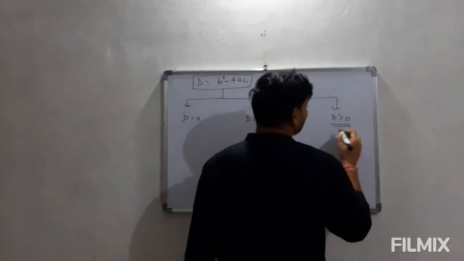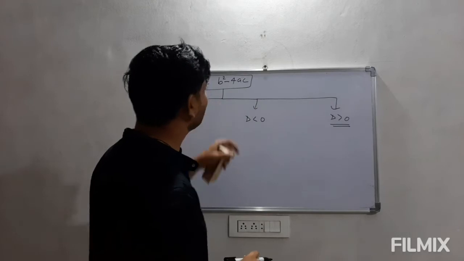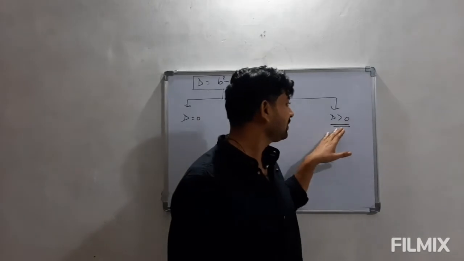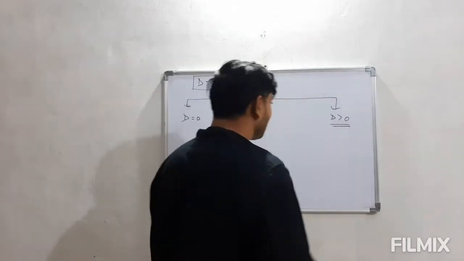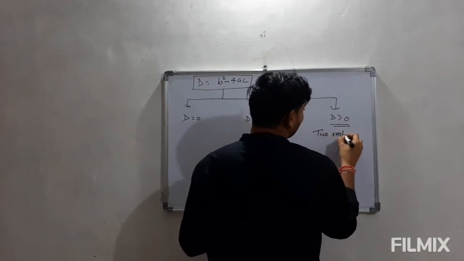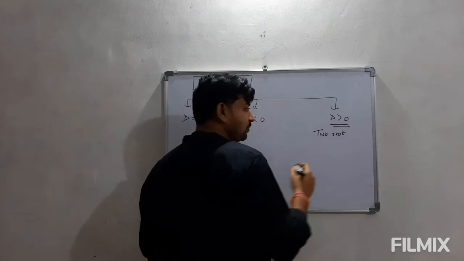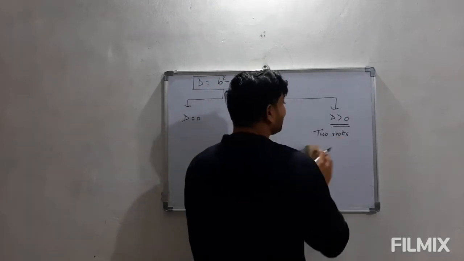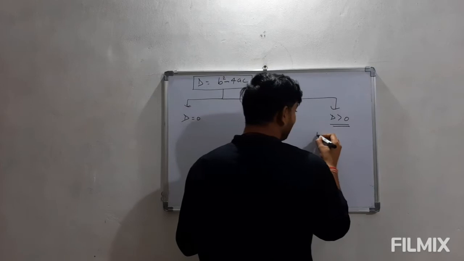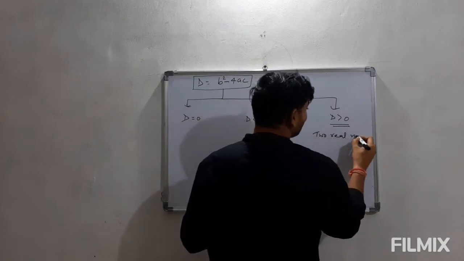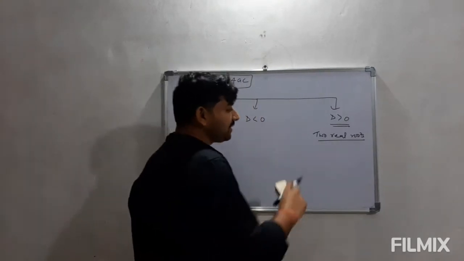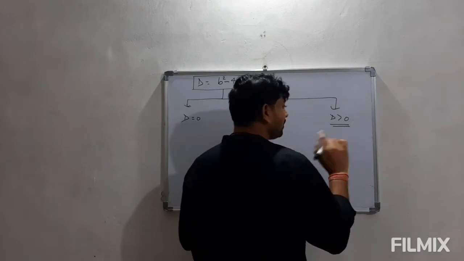If this value is coming out to be positive, means this value will be something positive. If the number under a square root is positive, we consider it valid. This means we will have 2 roots, as the maximum number of roots in a quadratic equation is 2, and which are real. Whenever the discriminant is coming out positive, we write 2 real roots. But here we can write it better: whenever it is greater than 0, we'll have 2 different values.